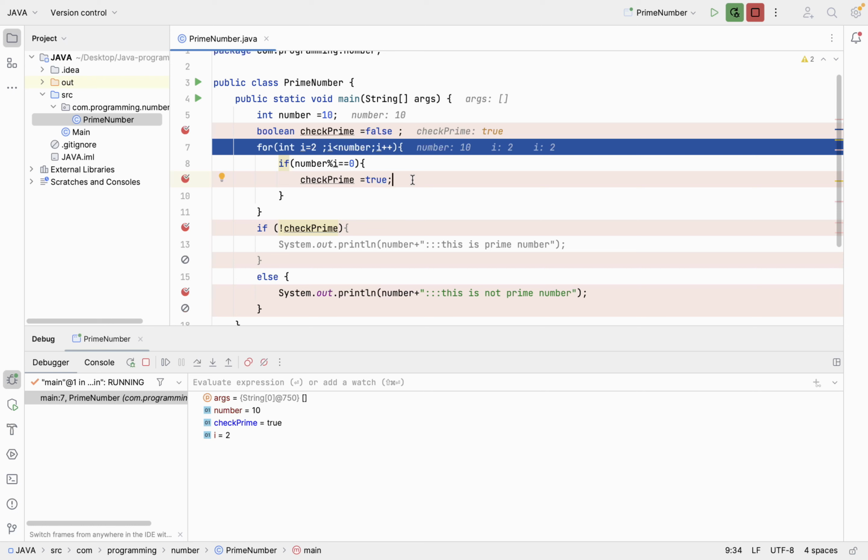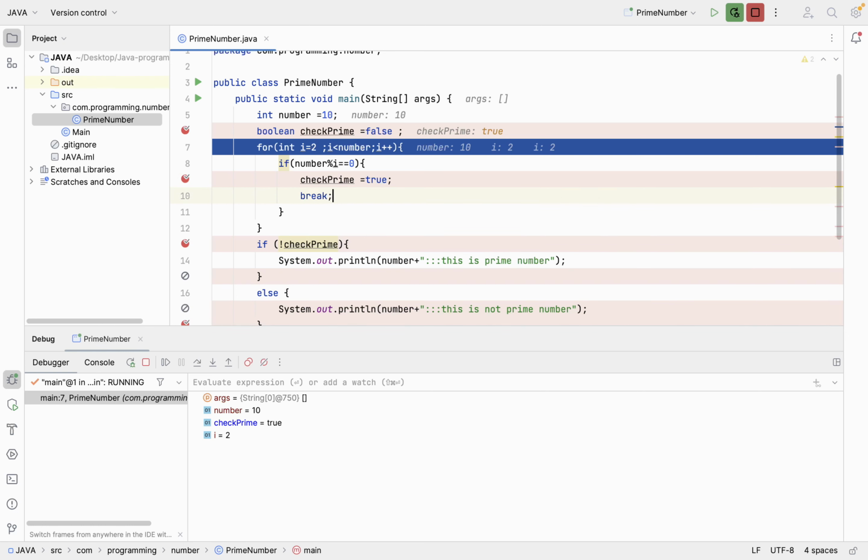So here what we can do is, there is one keyword called break, and it will say that in case it is divided the first time, then we are going to break, and it will not iterate anymore. So break is used to stop the execution of the loop even if it is divided once.